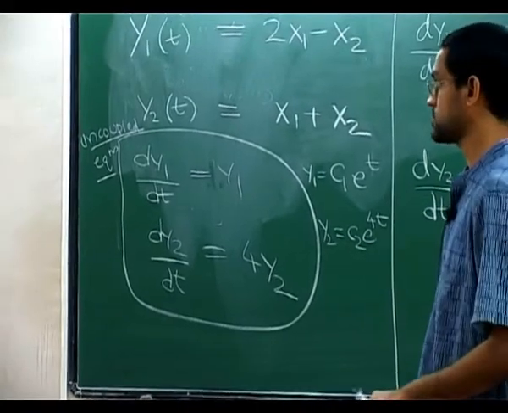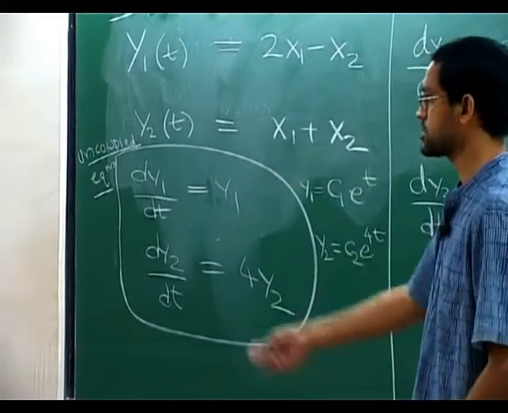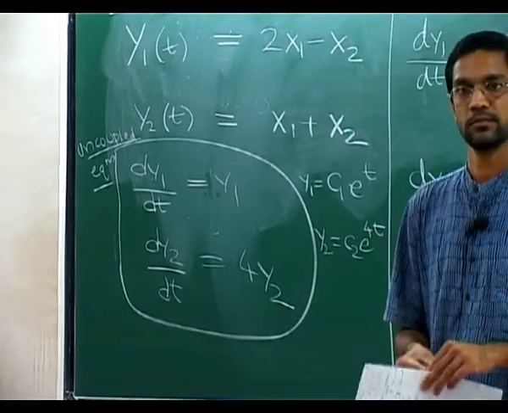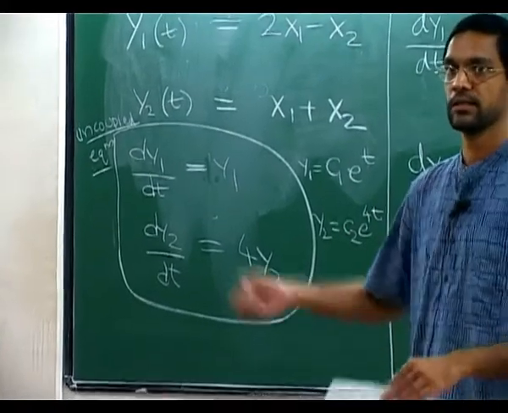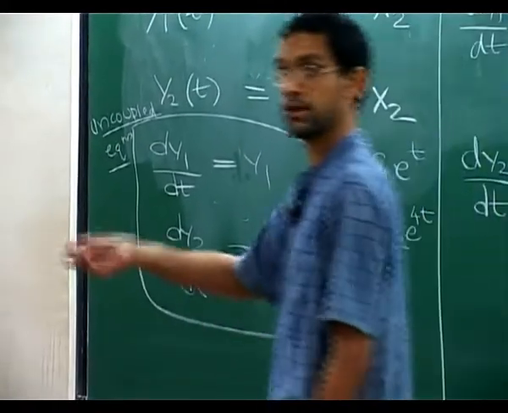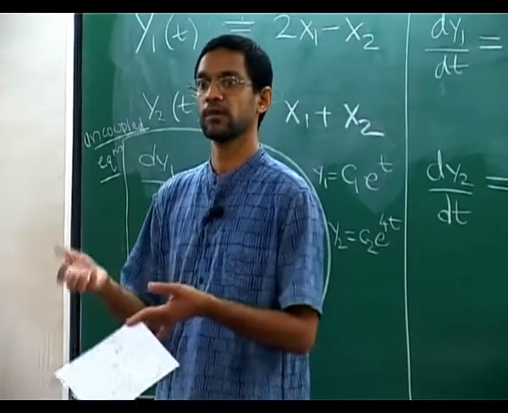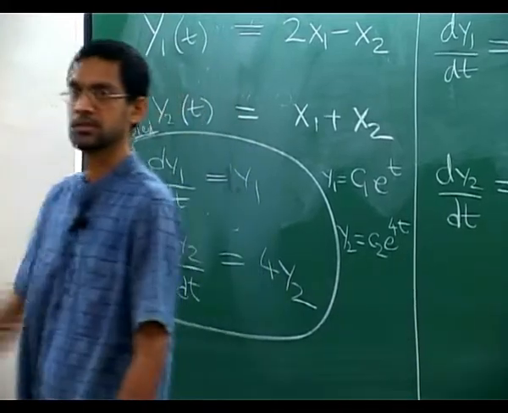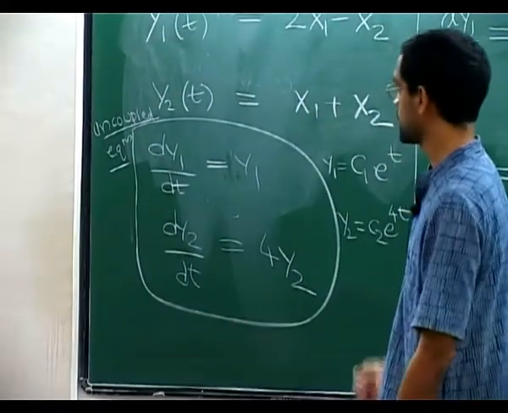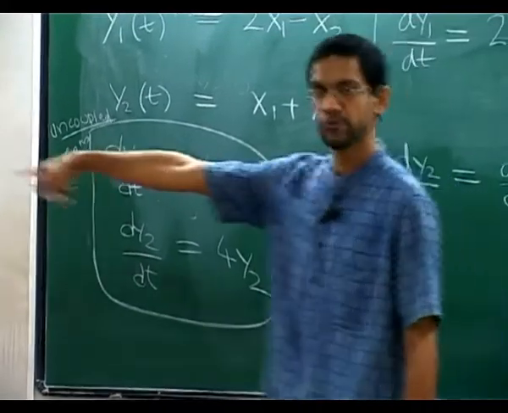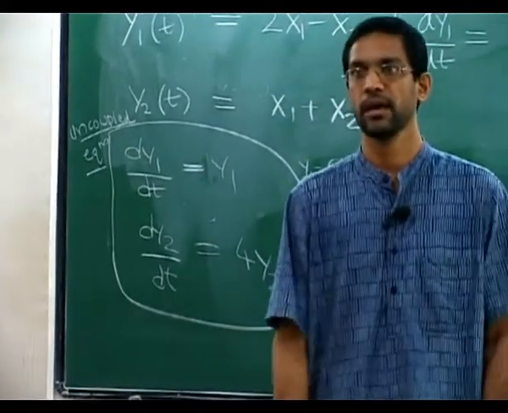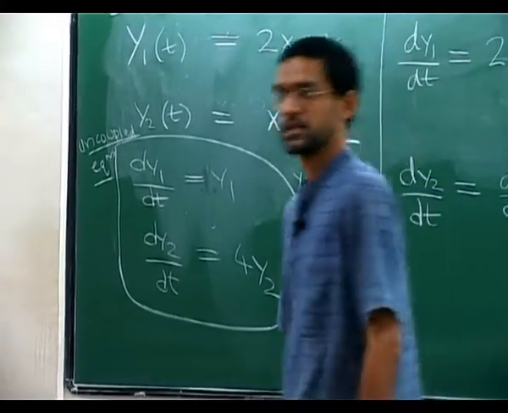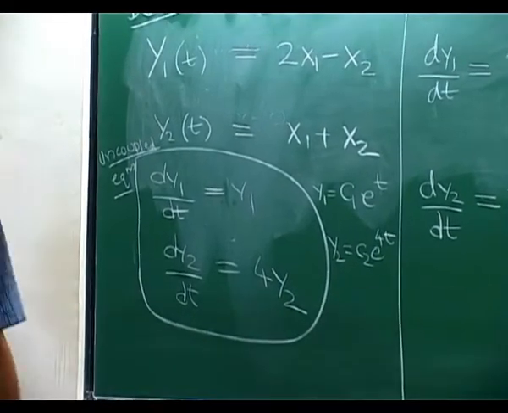I will say more about this, but here is another answer to the question of why you want to compute eigenvalues and eigenvectors. What you often end up with are coupled systems of linear equations. When you want to work with real life systems or situations like that, you will almost invariably get coupled systems. When you try to uncouple them, you really have to find eigenvalues and eigenvectors of the coefficient matrix. So eigenvalues and eigenvectors give you a way of uncoupling a coupled system of equations. That's the moral of this example.